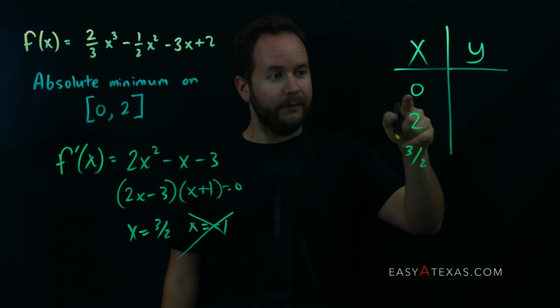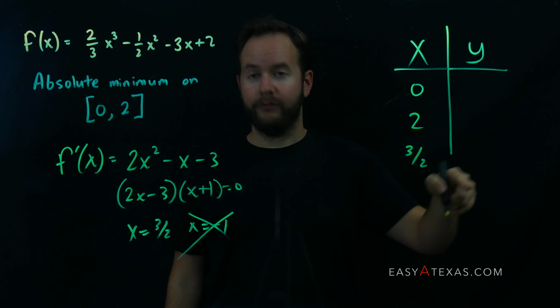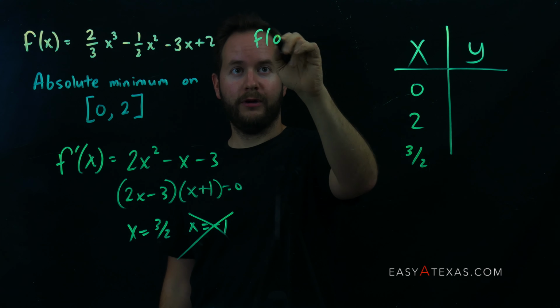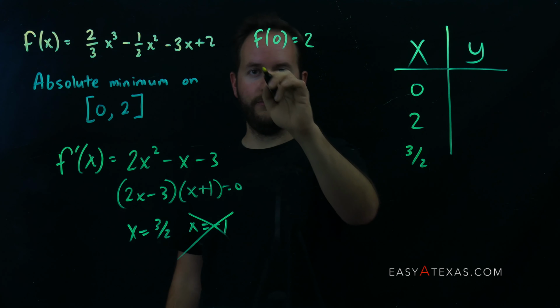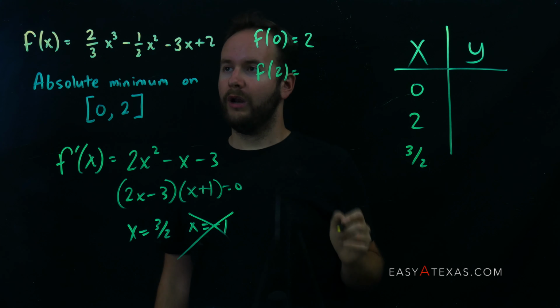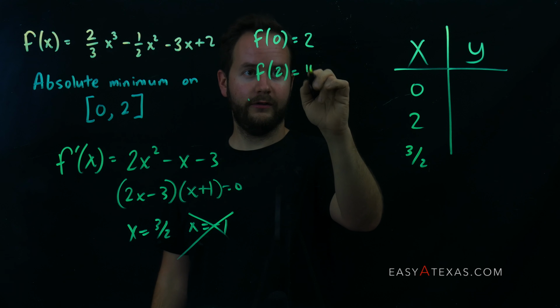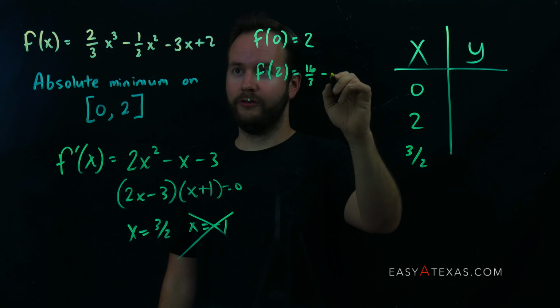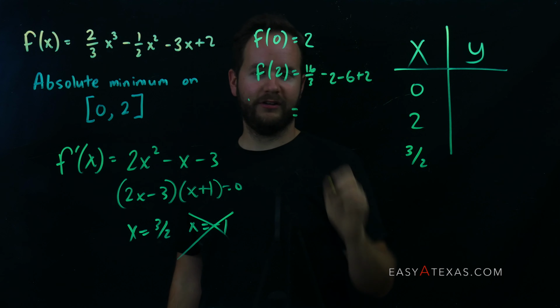Okay. We need to plug in each of these x values into our original function to figure out the corresponding y values. So let's go ahead and do that. F of 0 is pretty easy. When I plug in 0, I get 0 minus 0 minus 0 plus 2 is 2. How about f of 2? When I plug in 2, I get 2 cubed is 8 times 2 thirds is 16 thirds. Then I have minus 2 minus 2, 3 times 2 is 6 plus 2, and that comes out to be,